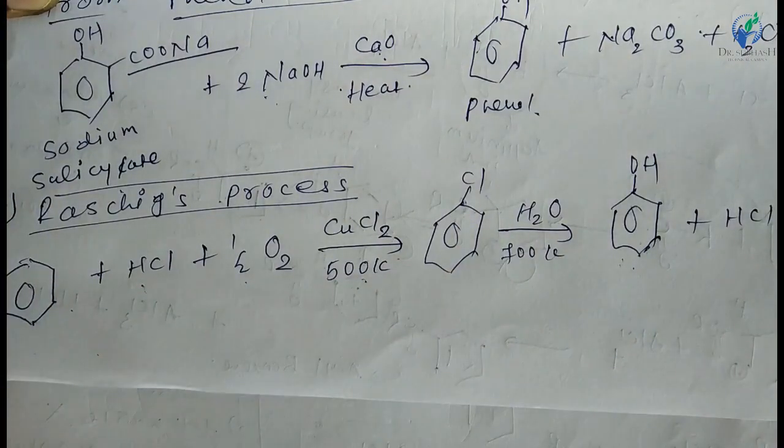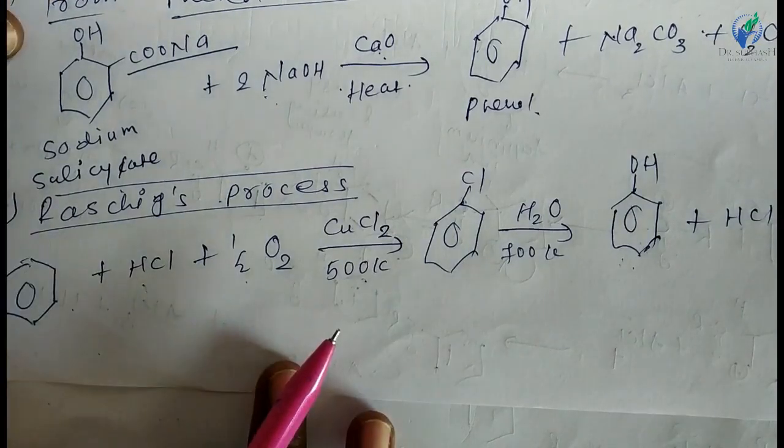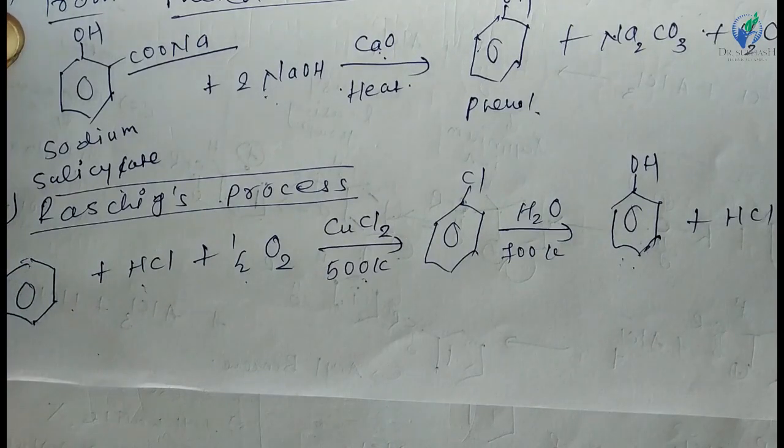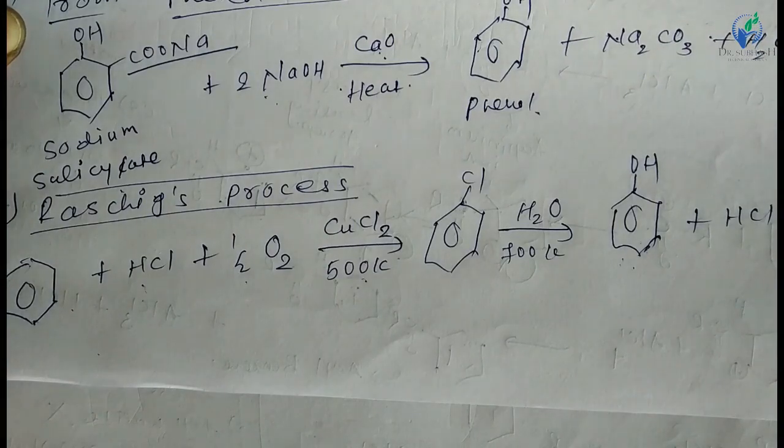So these are the different methods of preparation for phenol, right. Just revise. First one is the Dow process, right. Second one is from diazonium salts. Third one is from alkali fusion of sulfonate, that is from the aromatic sulfonic acid salt, the sodium salt of aromatic sulfonic acid. Then fourth one is from cumene. Fifth one is from Grignard reagent. Sixth one is from the phenolic acid, that is from sodium salicylate. And last one is the Raschig process.